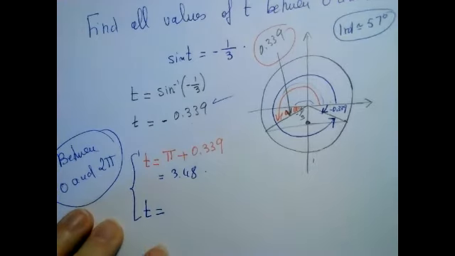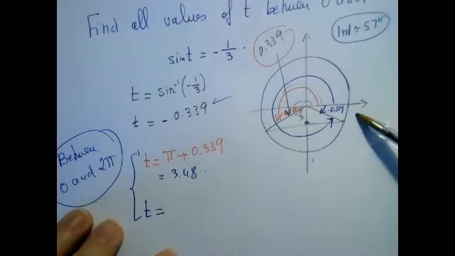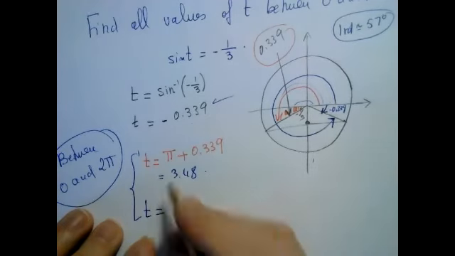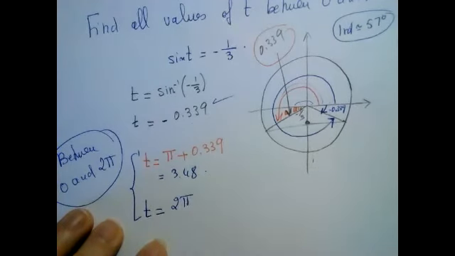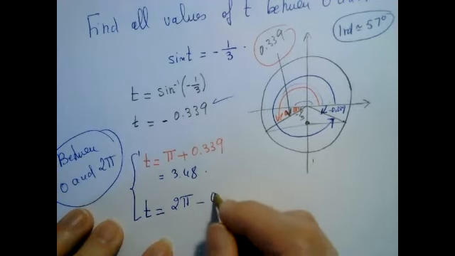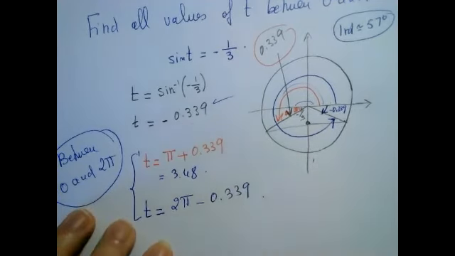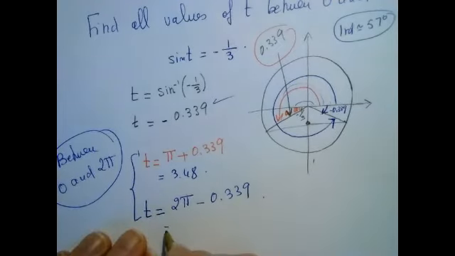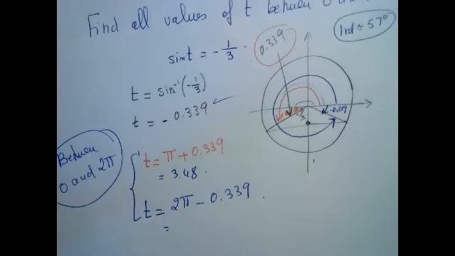So if pi plus 3. So look at the picture. Okay. 2 pi, 2 pi, 0.339. What do you want me to put here? Minus 0.339. Here you are. Okay, and now I just have to evaluate this. 2 pi minus 0.339. It means